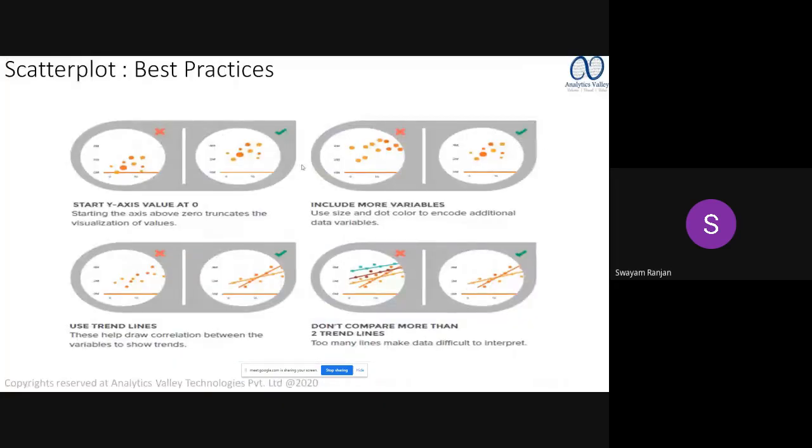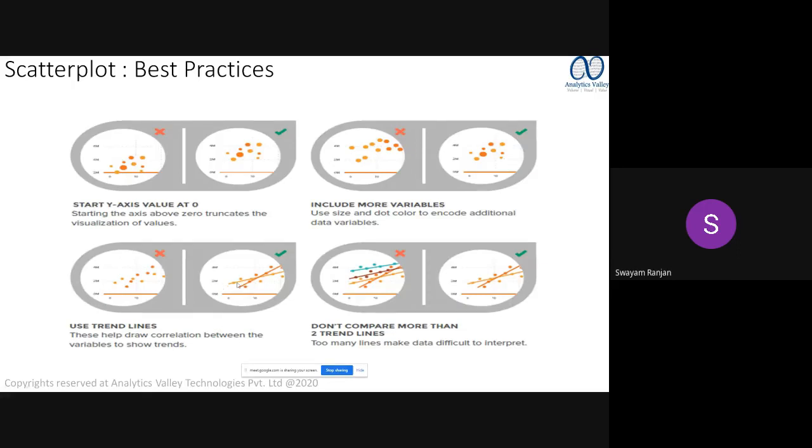You can see here, these are the best presentations of the scatter plot. Again it starts with a zero. Now, the number of variables you include should be very limited. What you are trying to analyze, the data should be pretty limited. Yes, there might be a huge amount of data, but you have to categorize it and make it sensible data to make a relative comparison out of it.